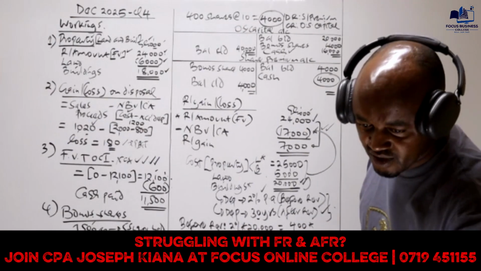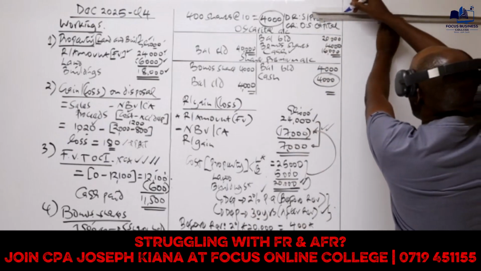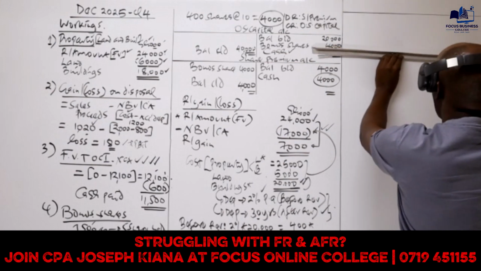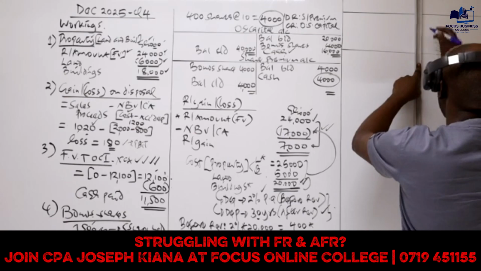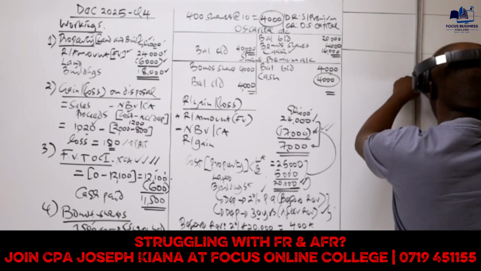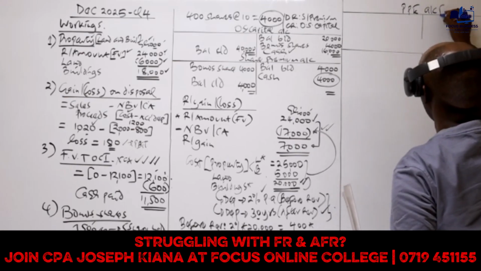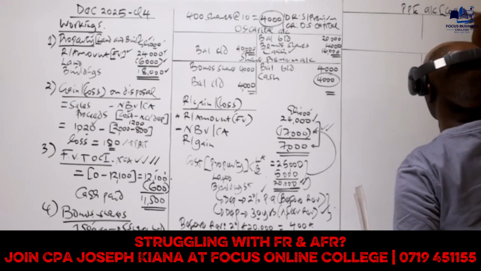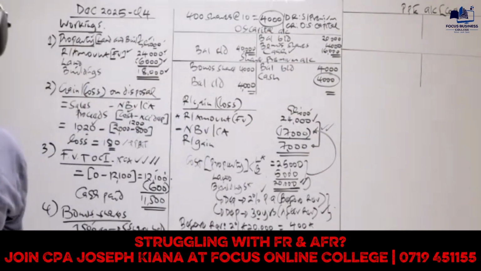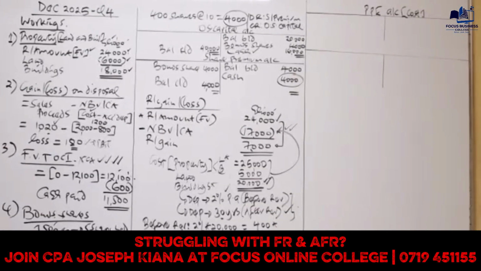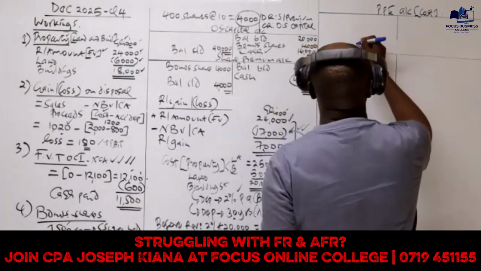So what I want us to do is move and prepare two accounts here: the PP account and the accumulated depreciation account. So let's prepare these two accounts. We start with the PP account, and in this question we will prepare this account at cost. Then we prepare this other account,